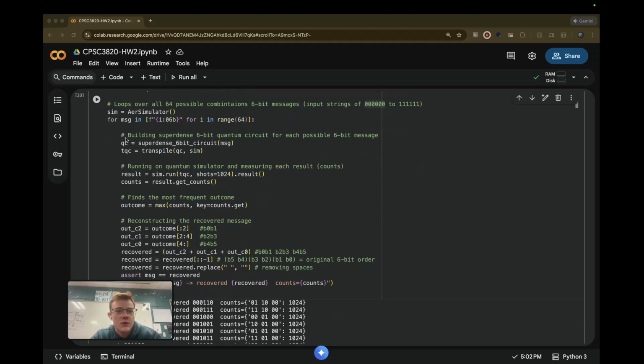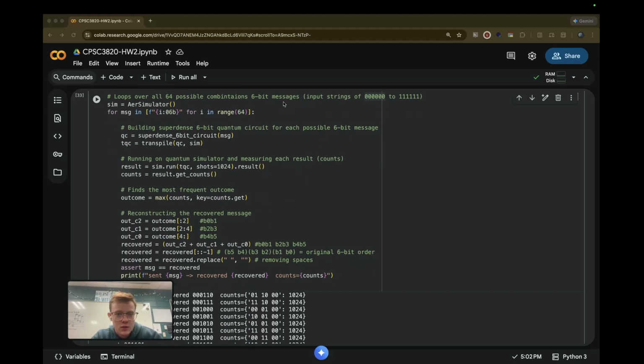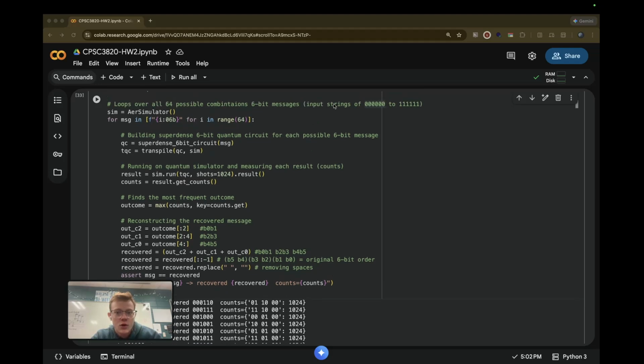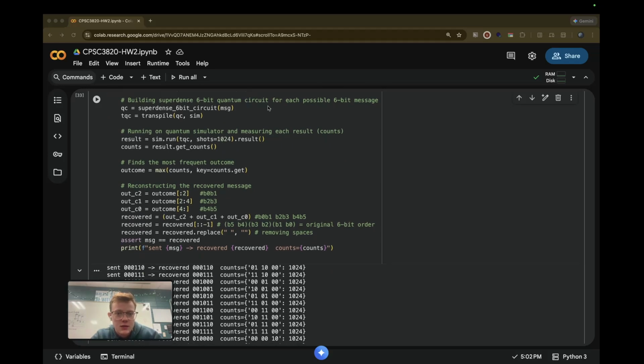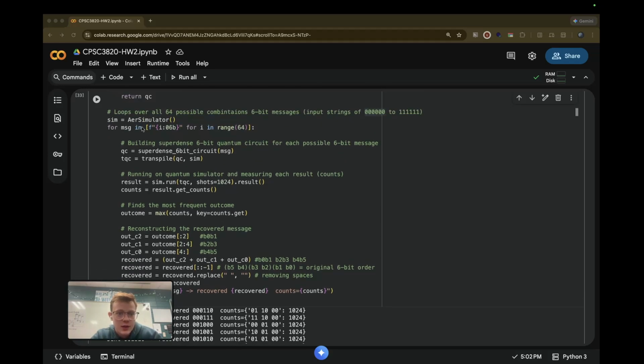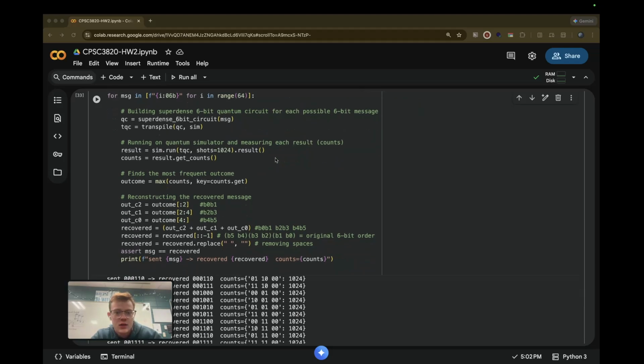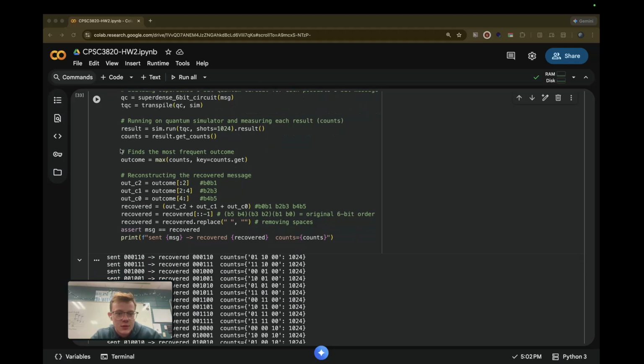Then this loop will loop over all 64 combinations of 6-bit messages, so all binary strings of length 6. It will start by listing all possible combinations, and for each message in these, it will create the superdense circuit, and it will run a quantum simulator and measure each result. It will find the most frequent outcome and reconstruct the recovered messages by parsing these outcomes into pairs,